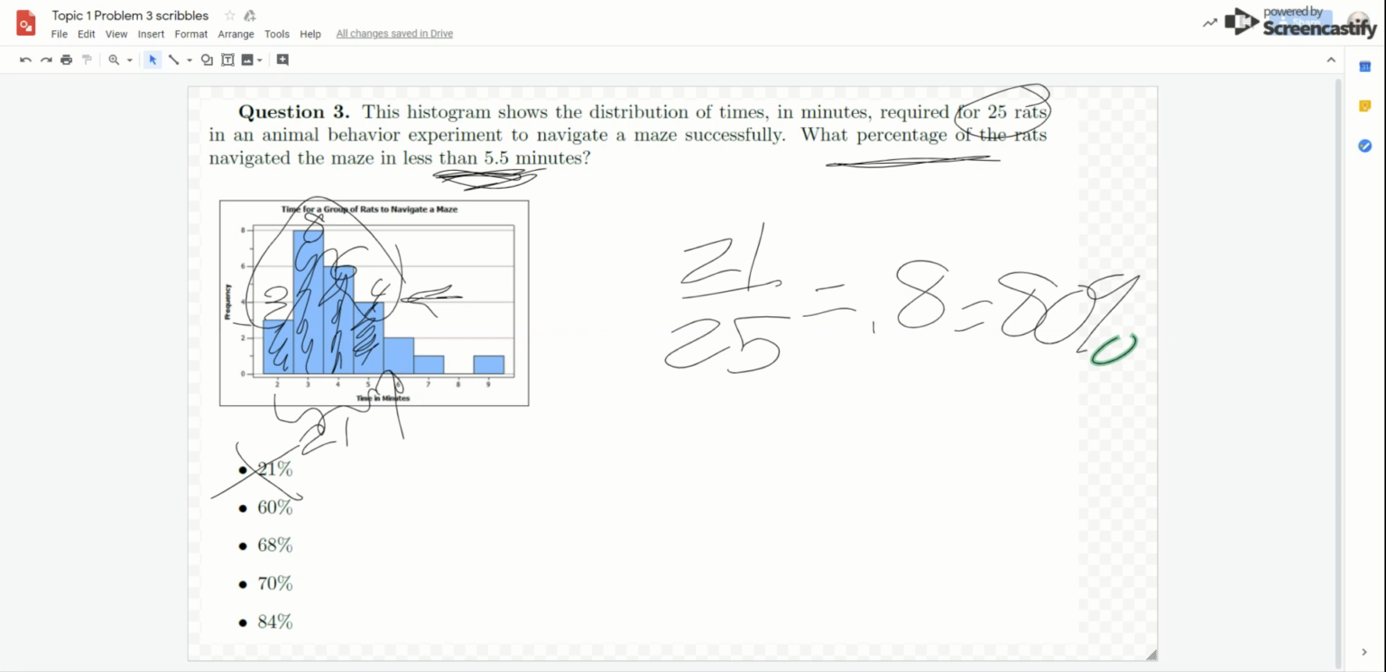Sorry, 0.84 and 84%. My mistake. So there we go, right? These other partial answers,